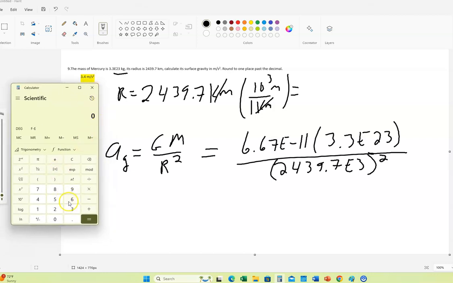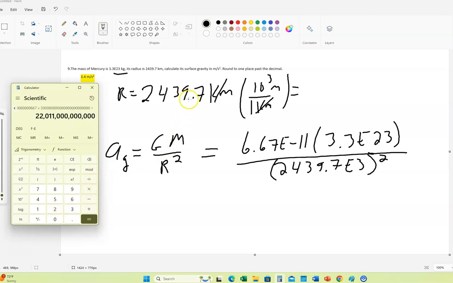All right, so here we go. 6.67 times 10 to the minus 11th. All right, and then times 3.3 times 10 to the 23rd, the mass of Mercury, divided by,